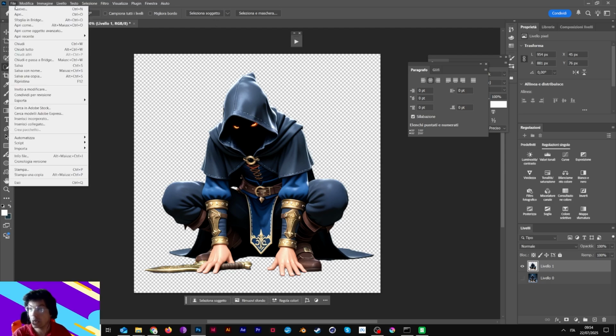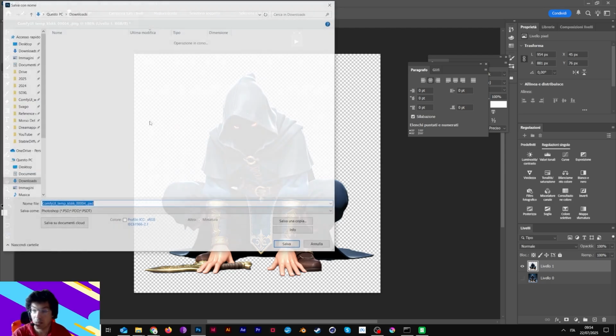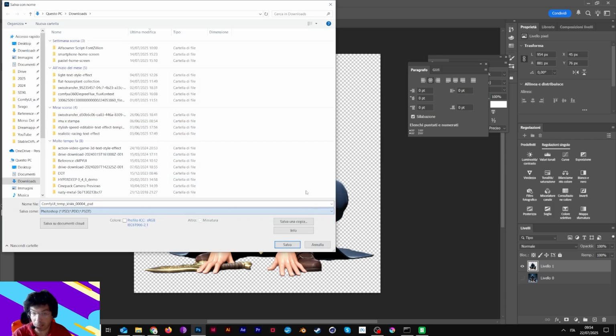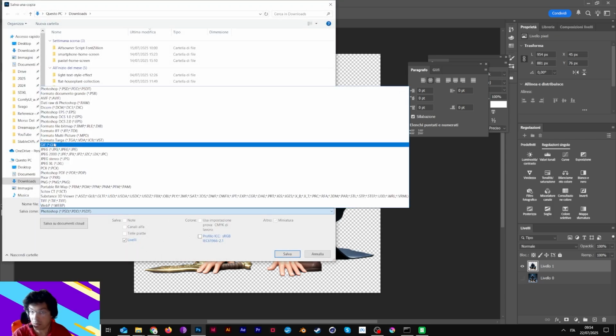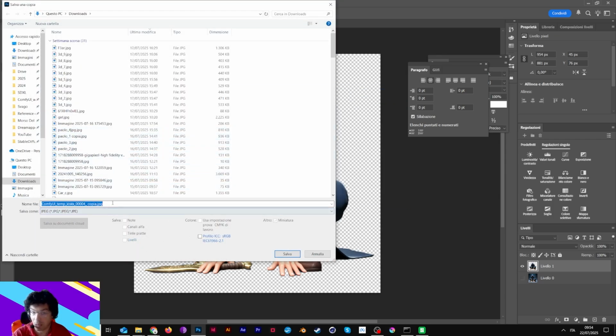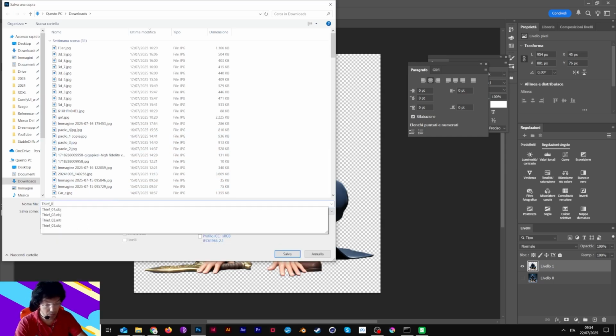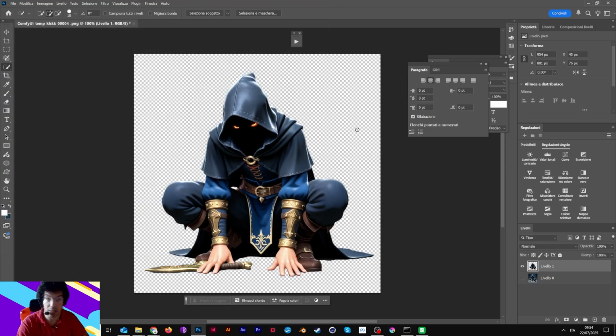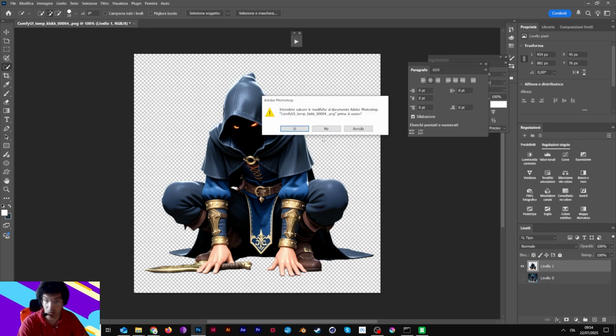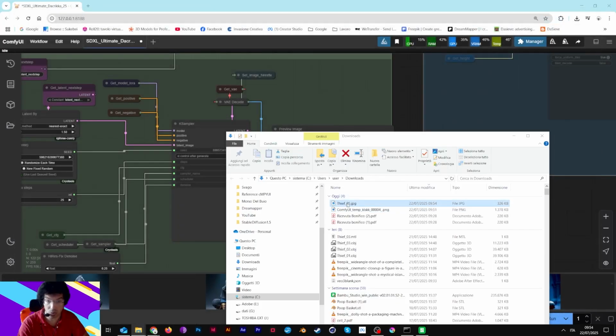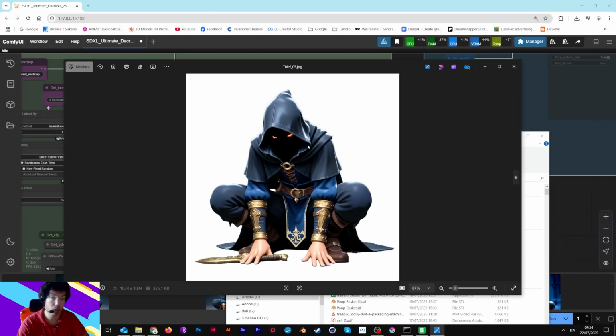So I want to save it right away as a JPEG. So it will create thief 0.5. It will create a full white background. So I can show you right there. This, and that's it. This is our model. Okay. So as you can see, there is no